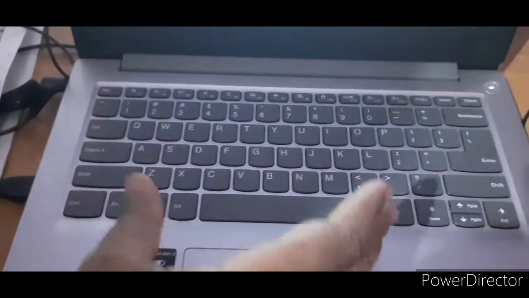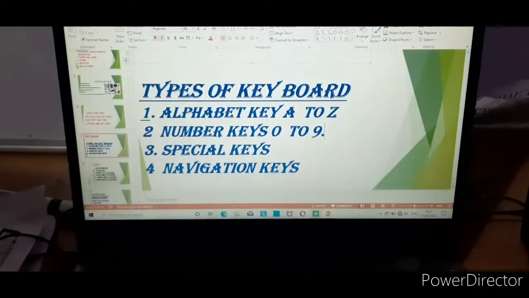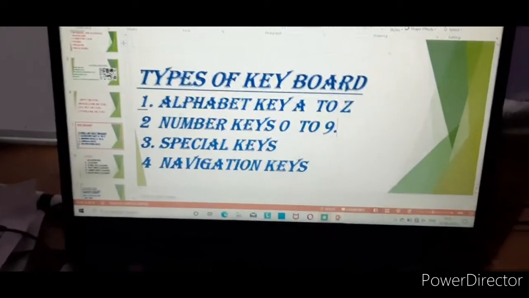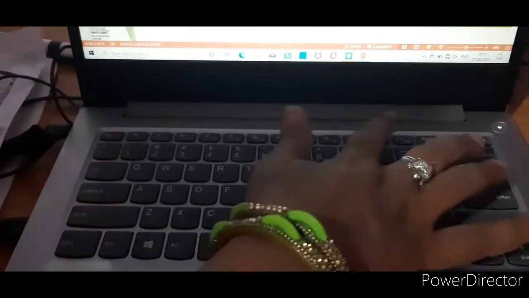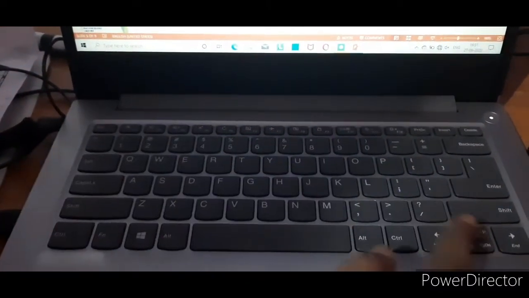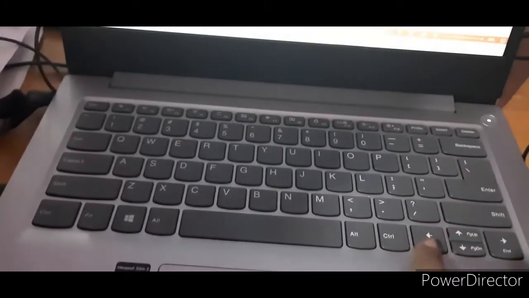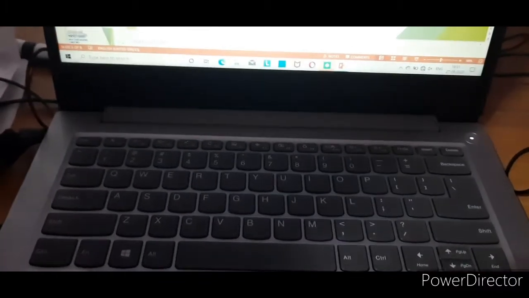But nowadays in modern computers, in i3 and i7 laptops, you can see the keyboards are different. You can see the 3 lines of alphabets, the first line of number keys, then the function keys, and the navigation keys like this. You can see a lot of difference. The up, down, left and right keys are arrow keys. These are called navigation keys.